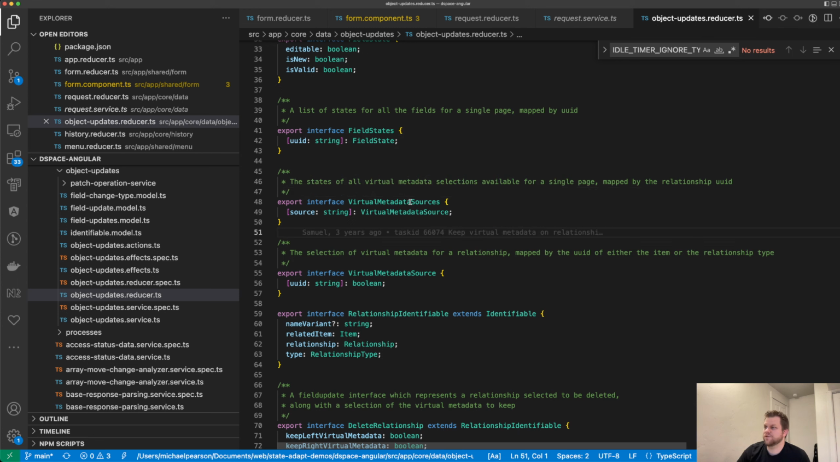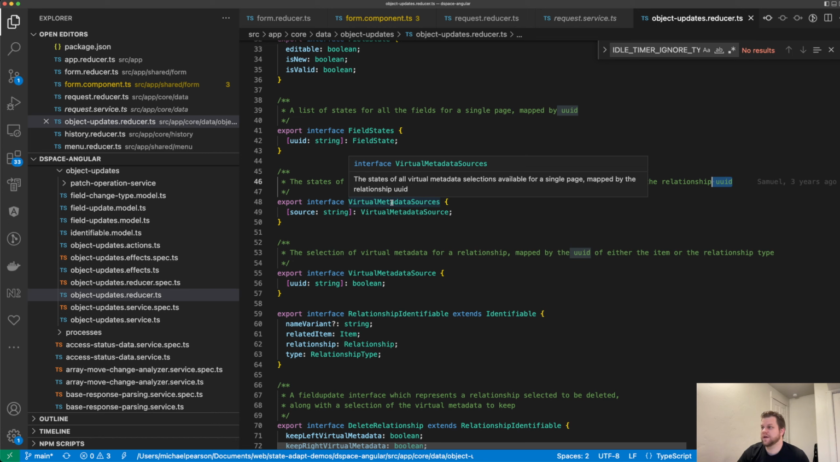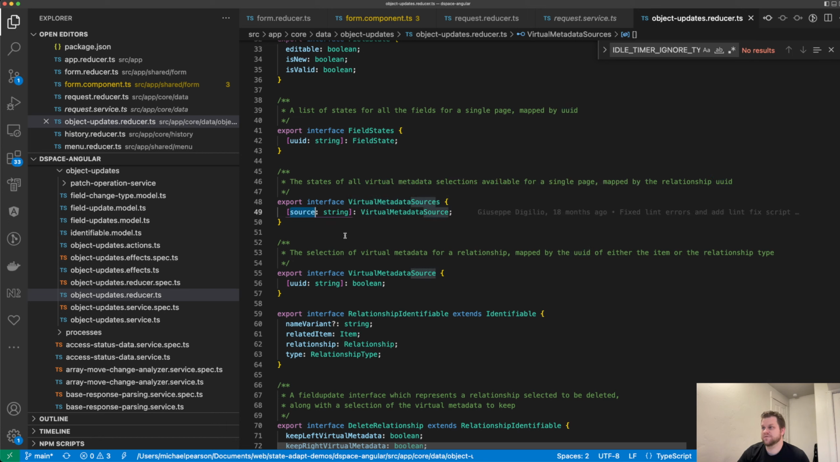Virtual metadata sources. This is calling them selections. Are they selections or sources? And is a source actually the UUID? I would call this virtual metadata sources, and I would name that UUID. The source is on the right hand side. It says it's a source. This comment is probably right, but anyway. So